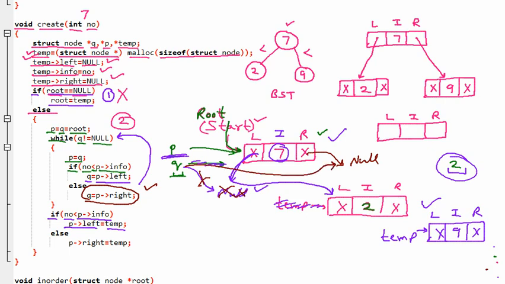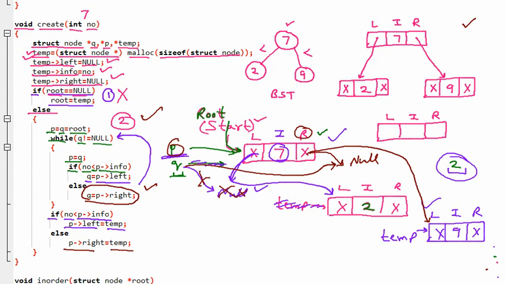And what will happen? It will come out afterward. P right is equal to temp, so this P right portion will now be temp. So this will now be added to this particular node. This way the node can be inserted on the left or right with the help of this particular create function. By the help of this create function, we can build this tree which has the nodes 7, 2 and 9. So a binary search tree will be created based upon the values.